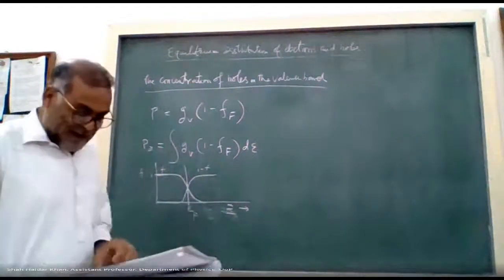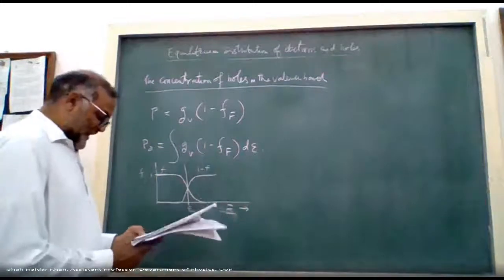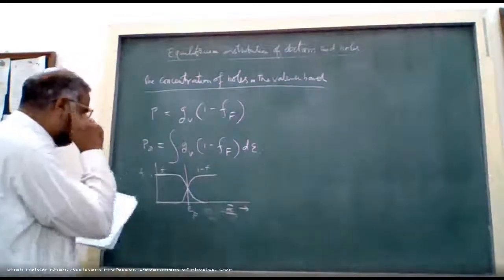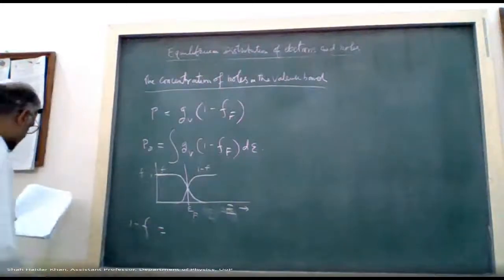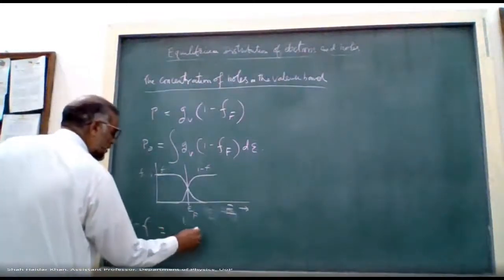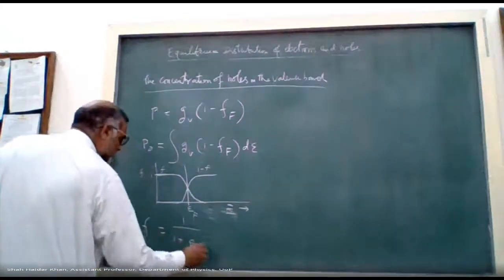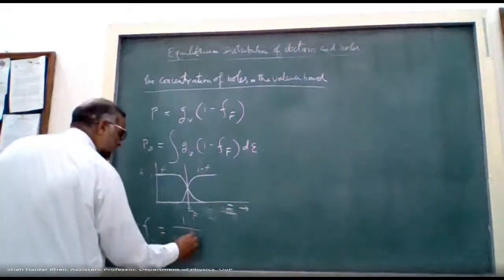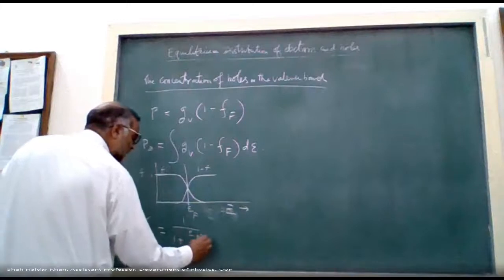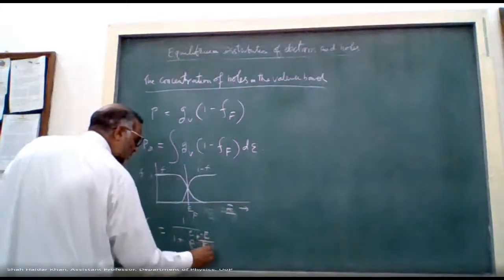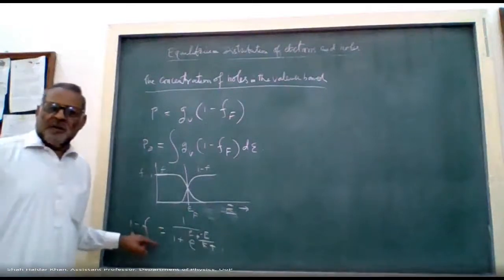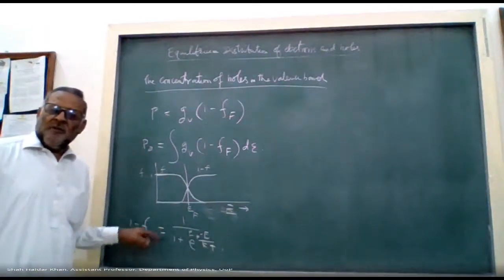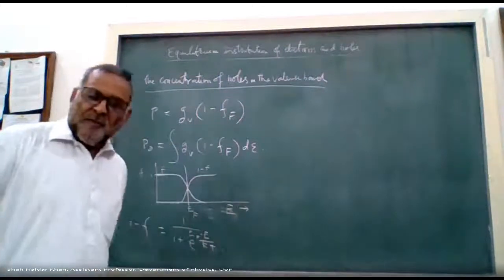So we can replace 1 minus f with that. So 1 minus f here will be equal to 1 over 1 plus e to the power EF minus E over KT, the Fermi-Dirac distribution function for energy levels below the Fermi energy,